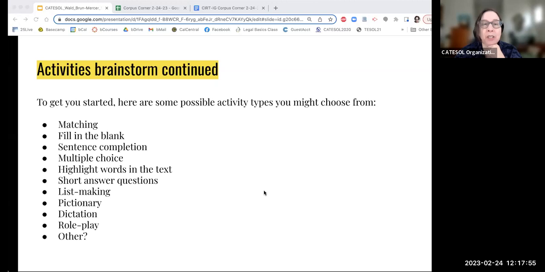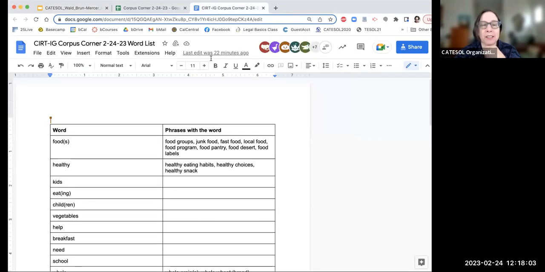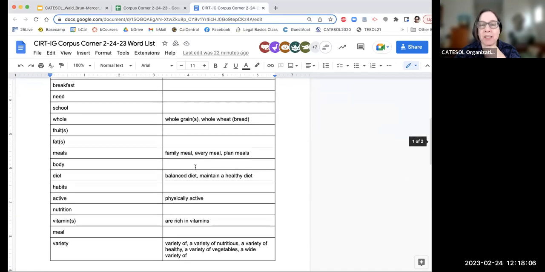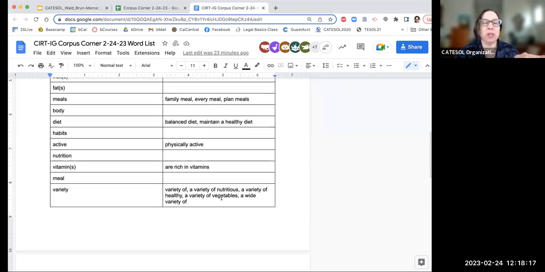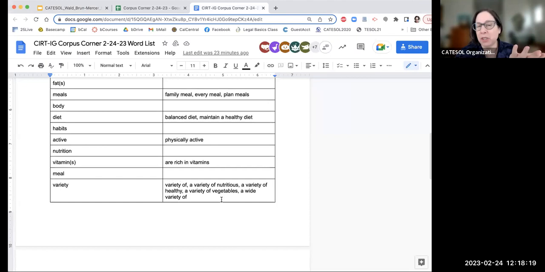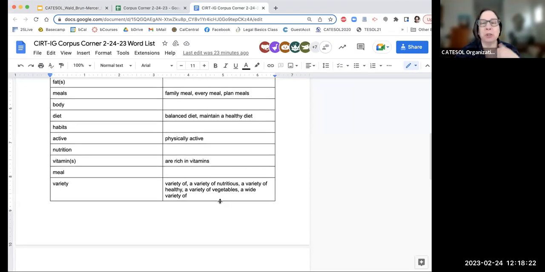I think the goal here is to see that you can get quite a bit out of a document like this, and all the things that you could do. And if you do enough passes, even though some of that is pretty high level, I still think you can get your students, with enough repetition, to really start sounding right. It may not be that this is what you want to do. It could be more of a notional functional thing, like going to the doctor's. There are all sorts of texts that you can use, both oral texts and written texts. But we just use this because it's what we know and what we do.